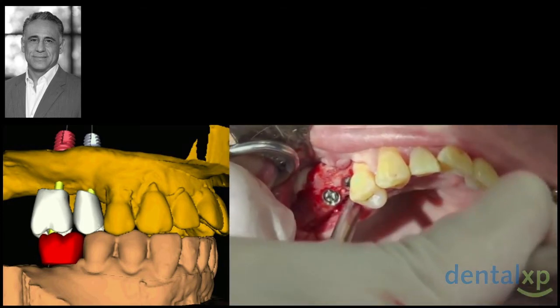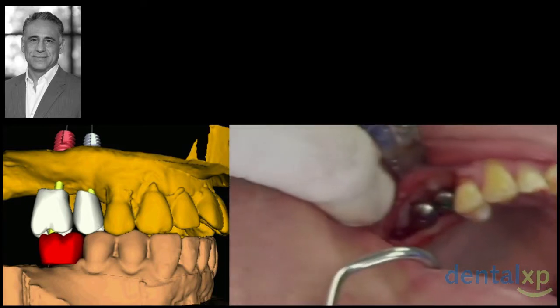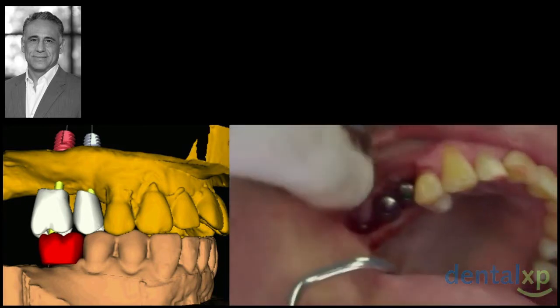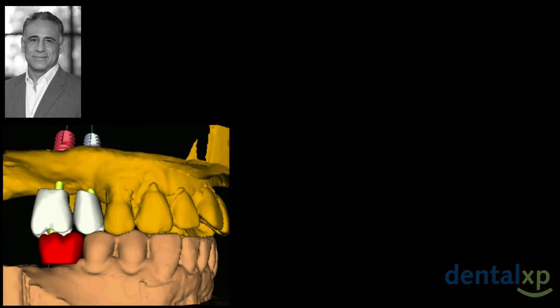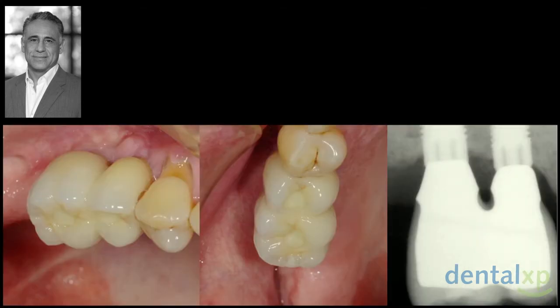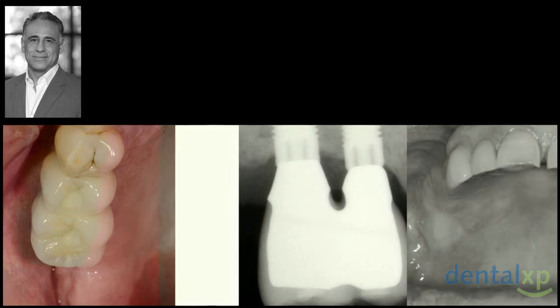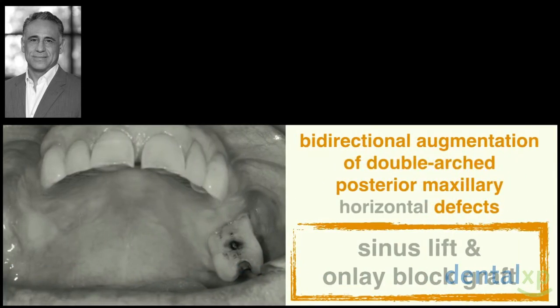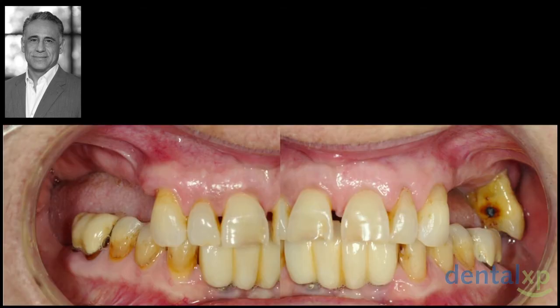And I think in some of these cases, it can certainly be immediately provisionalized, especially if we have a couple of implants next to each other and splinted, it can have quite a good outcome. And this is ultimately how it was restored. And good success. The next case is sort of looking at a horizontal defect and using the onlay bone graft,